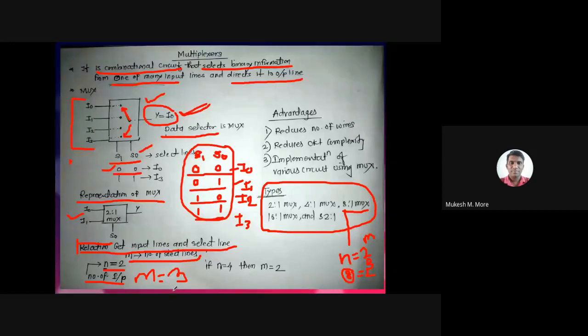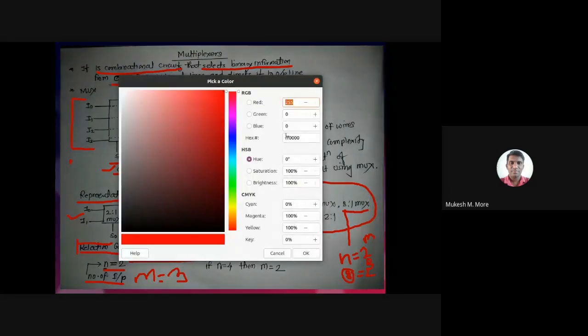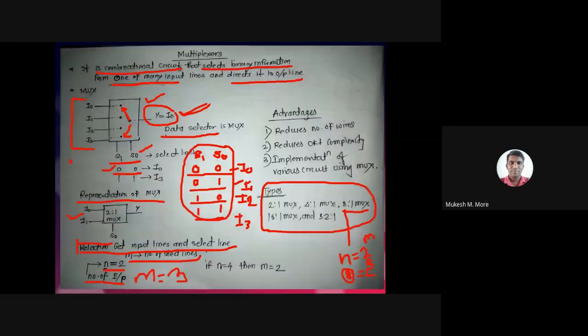Now, what are the advantages of a multiplexer? Why use a multiplexer? The advantage is that it reduces the number of wires. As we are studying digital electronics, we need to use different circuits to design specific hardware. So we need to consider what to use instead of gates. So we have the multiplexer.